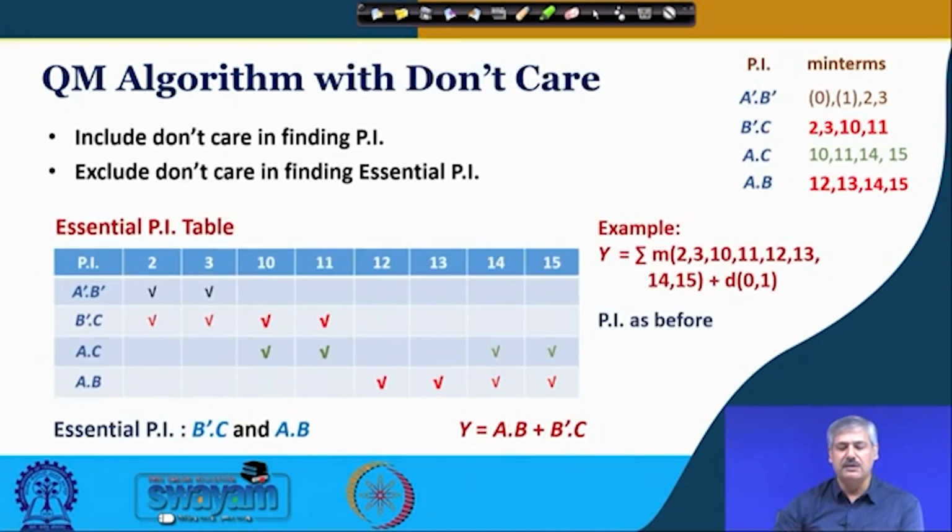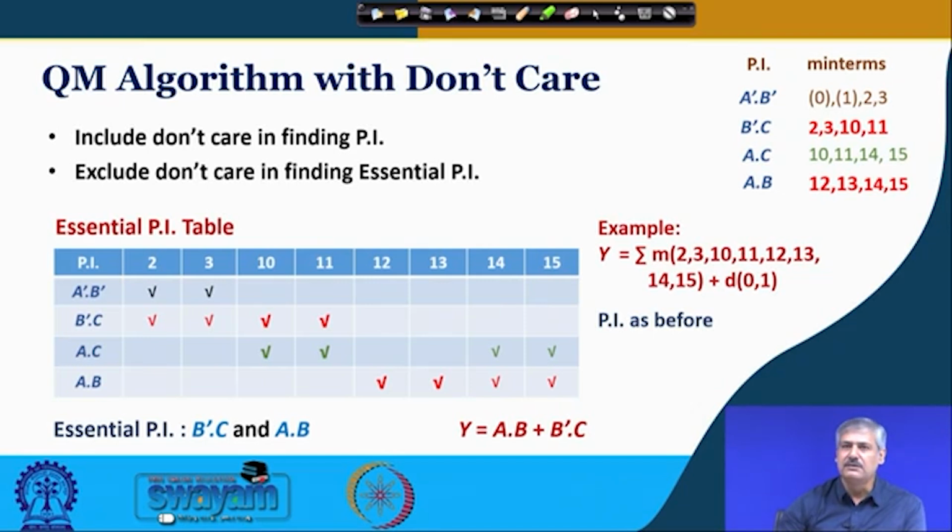So, how do we find the QM algorithm based simplified expression if there is a do not care case? Do not care means at the input side we do not care. We know these X's which we had presented in the Karnaugh map. The method is simple: these do not cares we consider as min terms in the generation of prime implicants. So, when you do that, there is a possibility of getting the largest sized group,